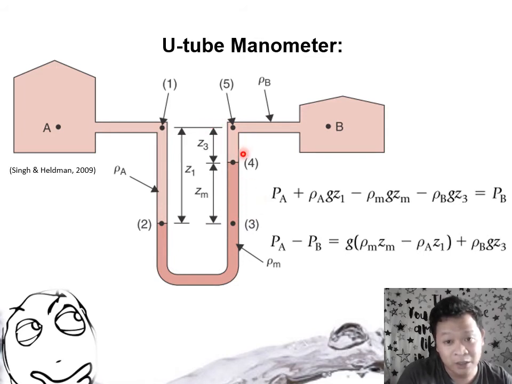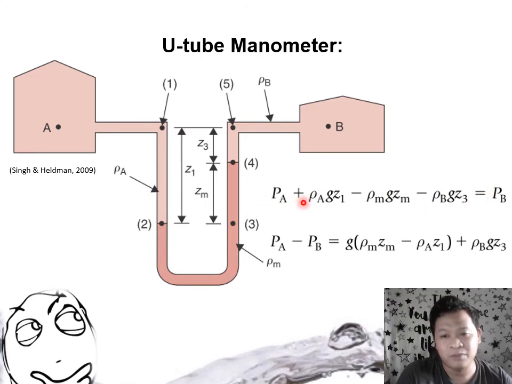And then yung pressure na ina-exert ng fluid B. Okay? So yung height ng column na yon multiplied by the density niya in Z. And then finally, the pressure at vessel B. Okay? So sinimplify na lang dito, naging minus sign na tong dalawa kasi nilipat na siya. And to get the difference in pressure between A and B, so you just